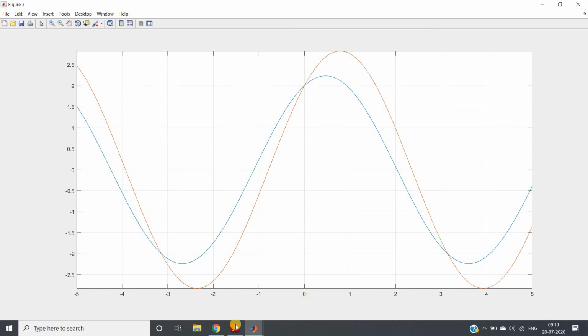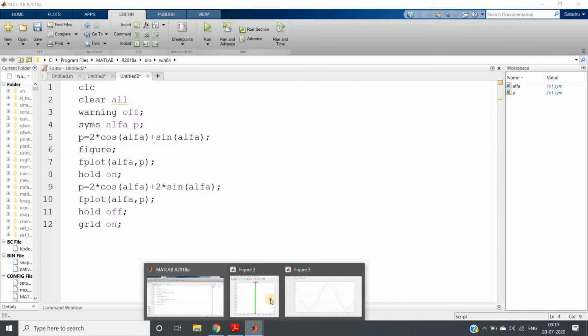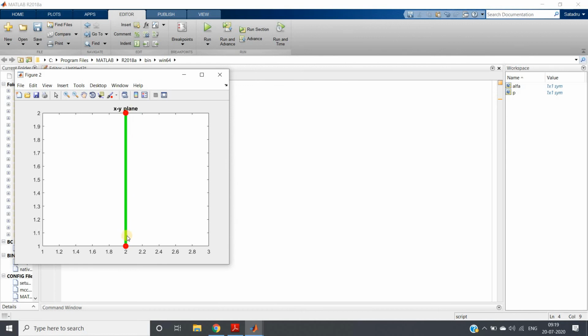All right, so now put theta or alpha equal to 0 and rho equal to 2 here. What you will be getting? You will be getting x cos 0 plus y sin 0 equal to 2. That is nothing but x equal to 2, because sin 0 is 0, so the y sin 0 term will vanish, so x equal to 2 is our equation. And if you just observe our actual equation, this is nothing but x equal to 2 in our xy coordinate plane, right? Why x equal to 2? Because although y value is changing, x is not changing, that means x coordinate value is constant, and that is 2.